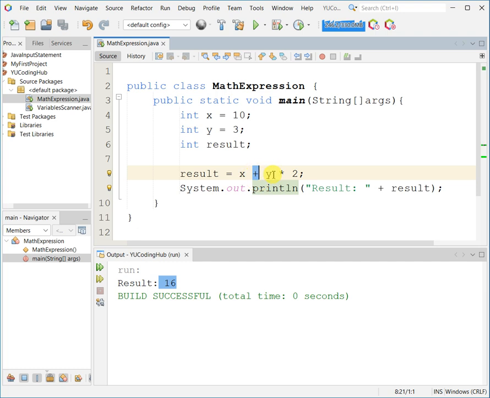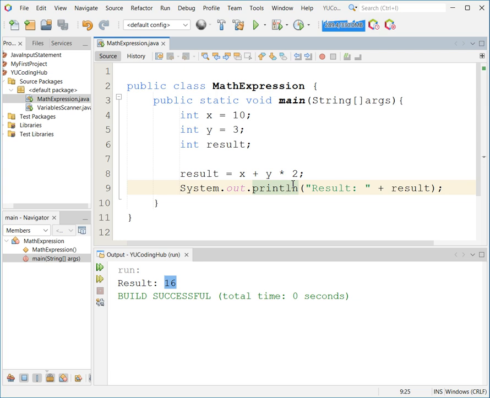If we have multiple operators, such as in this expression, multiplication and addition, the multiplication will be evaluated first. So we have y, which is 3, multiplied by 2, so that's 6. Then the result of this part will be added to the variable x, which is 10. That is why the result is 16.